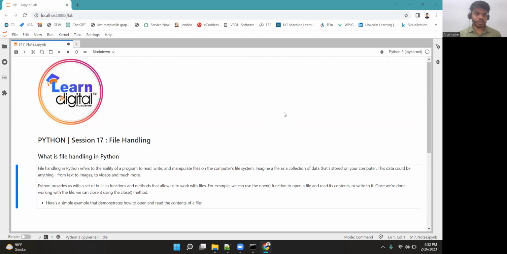So in this session, we are going to focus on file handling in Python. In the previous sessions and the preceding classes, you have already seen the concepts of decision making, loops, exception handling, and modules. But all the while, when you were programming or solving any problem statement, what